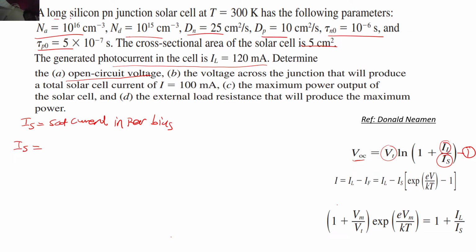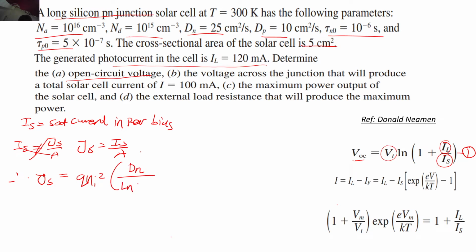You remember this is a silicon PN junction, it is a PN junction diode again, so you can use the same equation to calculate the IS over here. The equation of the IS is nothing but JS times A. Wait, this is wrong. IS is JS times A, right? And JS is given as q times ni square into (Dn upon Ln times Na plus Dp upon Lp times Nd).